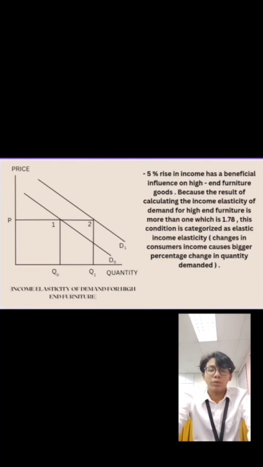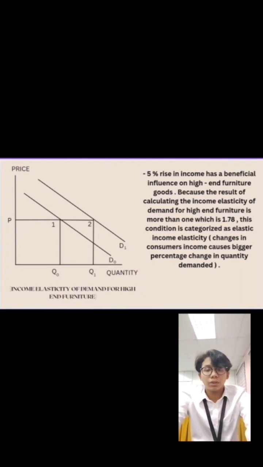Okay, I will explain the second question, which is income elasticity of demand. Based on the second case, we may infer that a 5% rise in income has a beneficial influence on high-end furniture goods, because the result of calculating the income elasticity of demand for high-end furniture is more than 1, which is